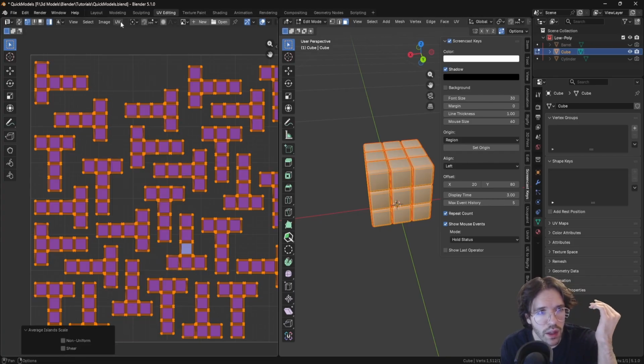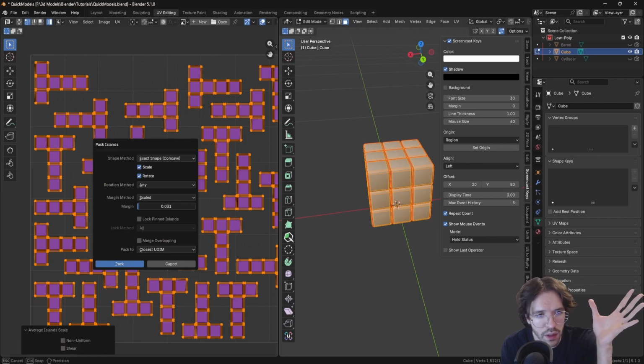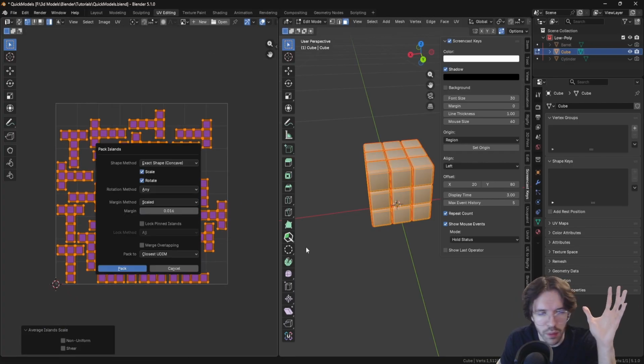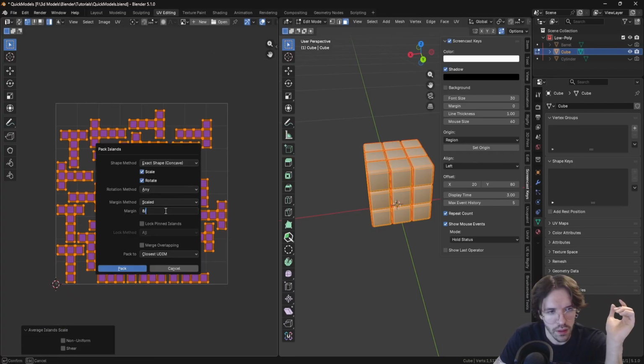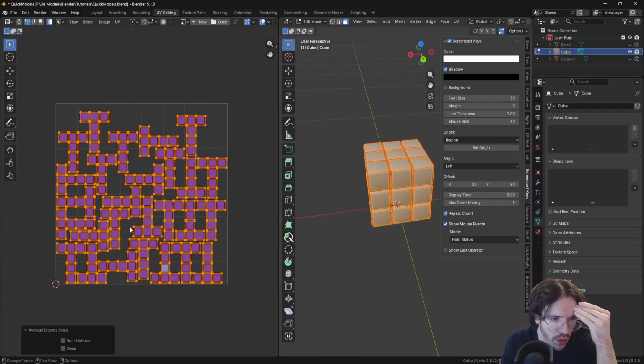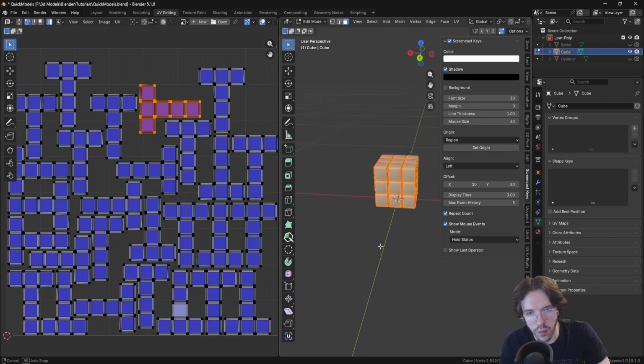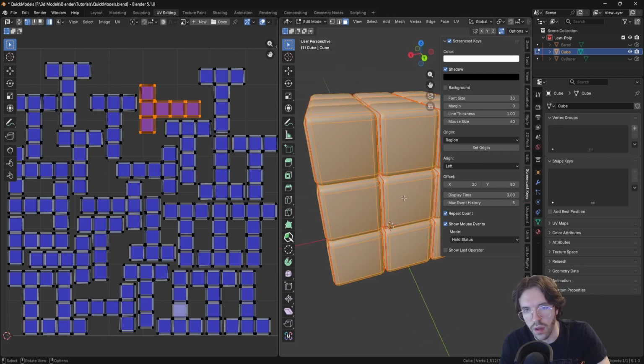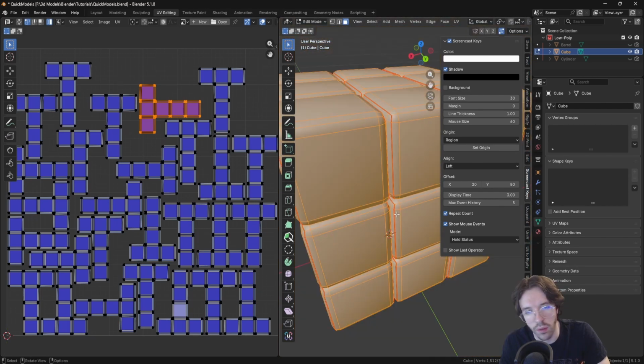So let's go ahead and do pack islands again here. And instead of an 8 pixel margin for a 256 map, let's do more of a 4 pixel margin. And that's a little bit better, but I still think we can push it a little bit further. So we're gonna do, let's just do 8 divided by 1024. That should give us a pretty close match. Perfect. Don't waste space on this, especially with our middle cube that's in here that we're not even gonna really